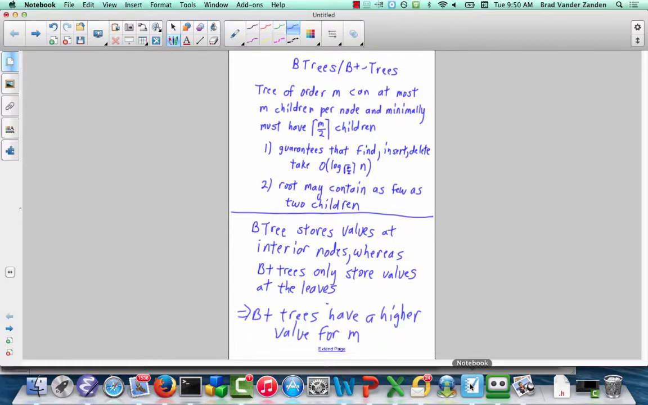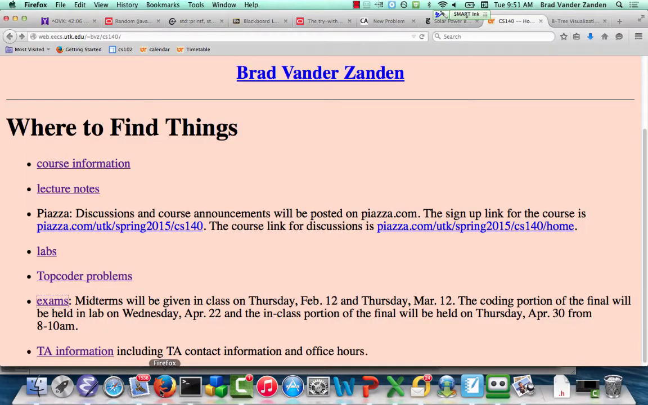Which means they have fewer levels. And at the end, we'll review why that is important. Won't do that for the time being. In fact, for the time being, we're going to talk about B trees. Okay, so that's the basic aspect of B trees. So if we go to the notes,